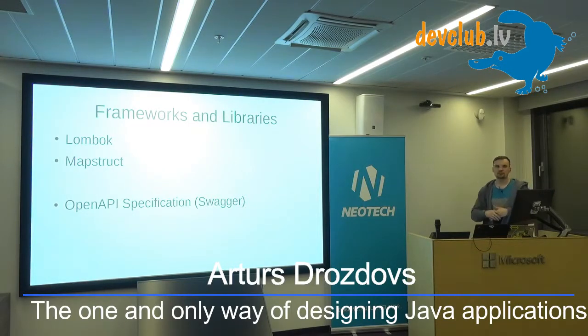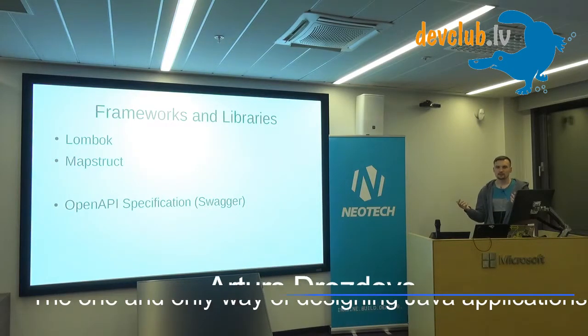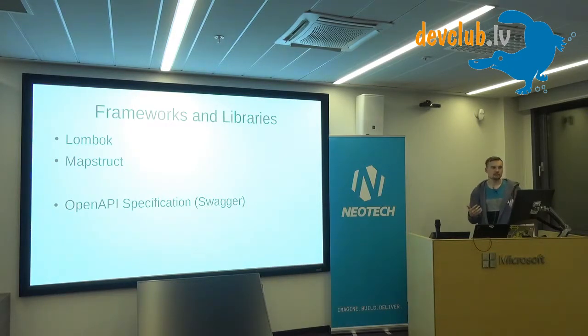And MapStruct allows you to generate mappers between classes. Previously, you would leak an entity object by returning it from the controller, which is bad. You should first map the entity object to the DTO and then push it out. But creating a new DTO and a method that maps the fields every time took so long that you would think, okay, this time I'll just use an entity object, and this leads to some issues.